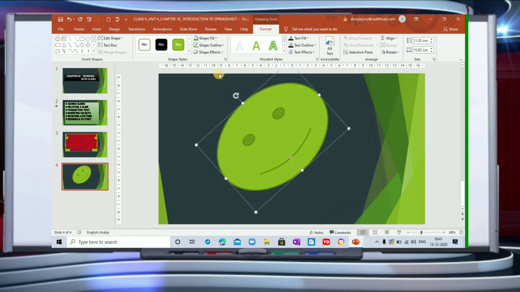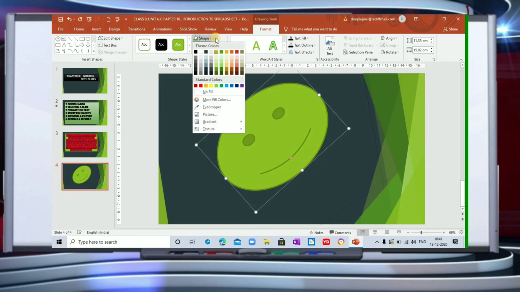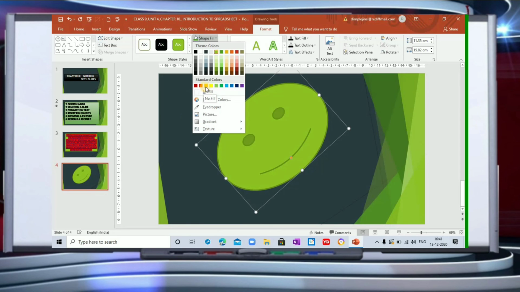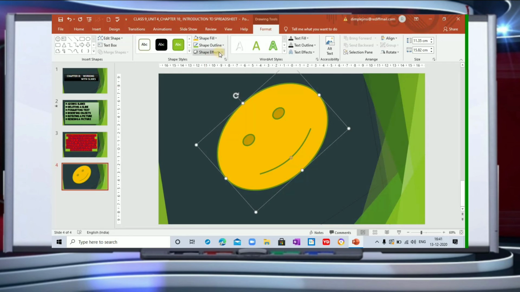Supposing I have chosen this thickness and I want maybe some other color, even shape outline, shape fill, so you have it here. You can use some other color, maybe use your different shape colors, so you can use this one, whatever you want. So these are the different things that you can use in your presentation.